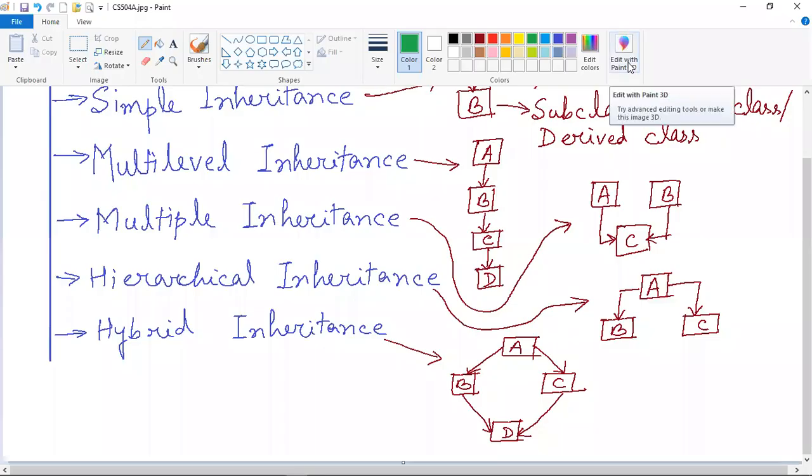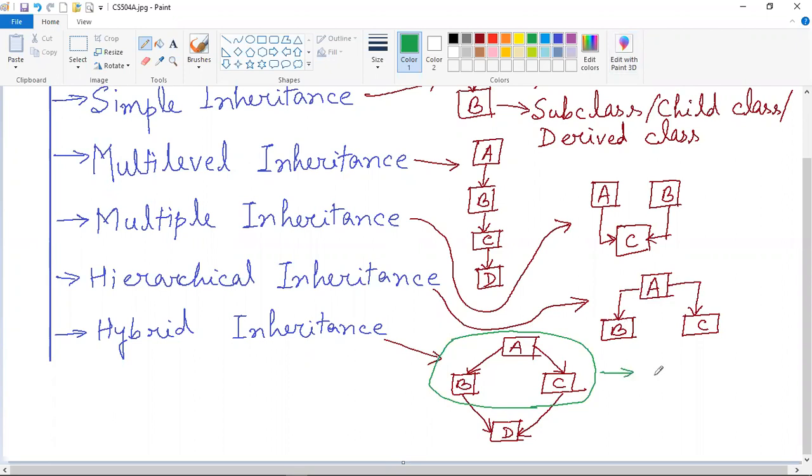So basically the upper part, this part, is the hierarchical inheritance, as I have just explained here. This part looks same as this one.